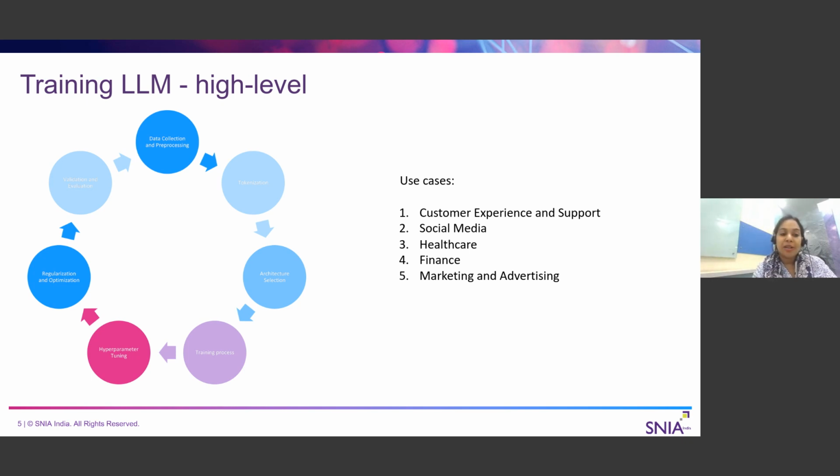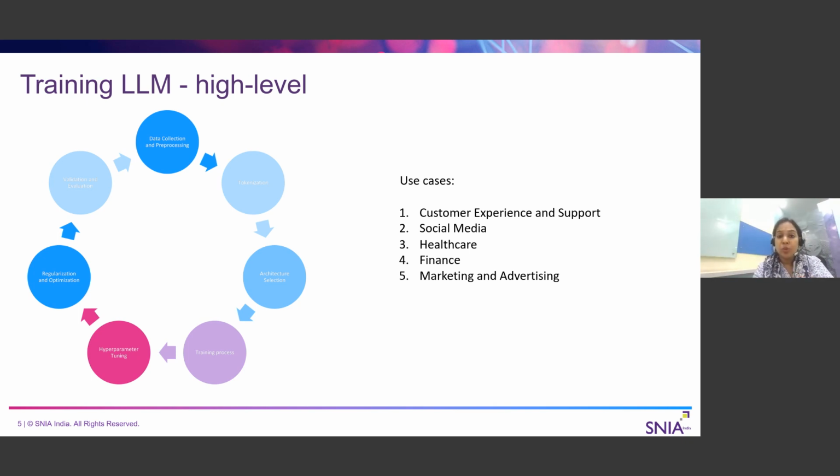As I said, it doesn't stop at validation and evaluation. That is just a pit stop where you are going to check what parameters you have taken and the model you have taken. Is it really good for your domain or your business? So this process will keep happening until you find that balance, that okay, I have good training data, and whatever output I'm getting is also valid in this particular use case.